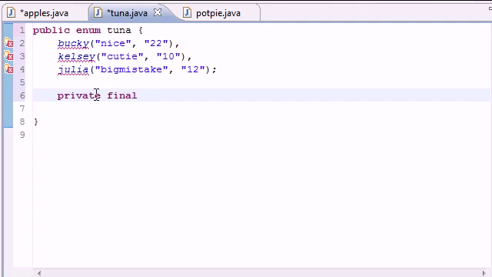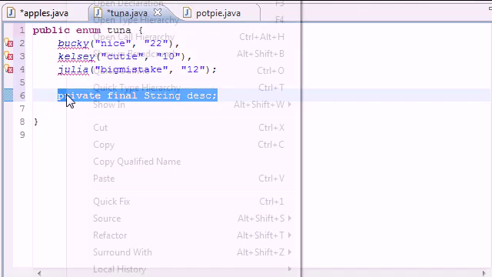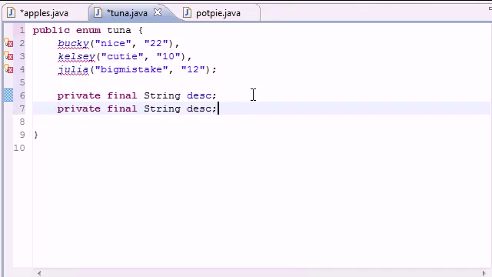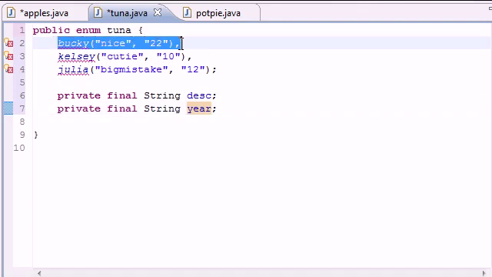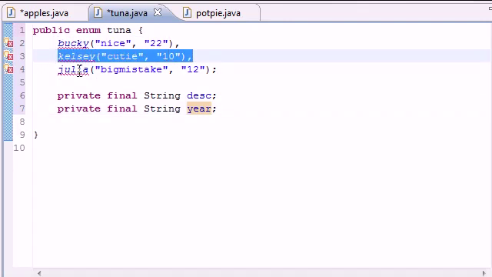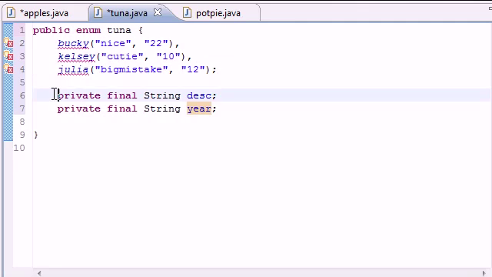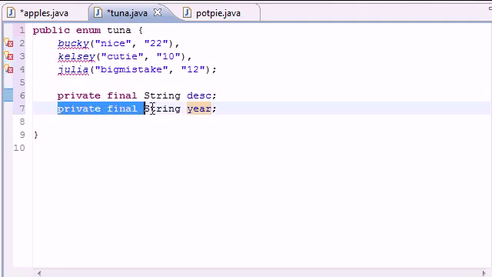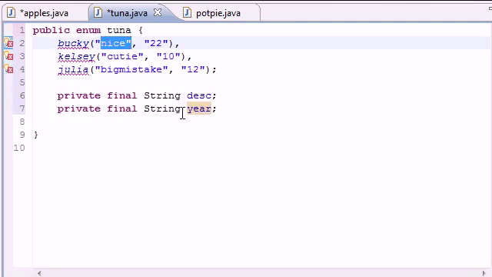Private final, since we don't want them to change, string, and we'll put DSC for description, and we'll copy, paste, and we have description right here, and what's a good name for this? Year or something. So now we have 3 objects, which are actually enumerations, we call them, or constants, and